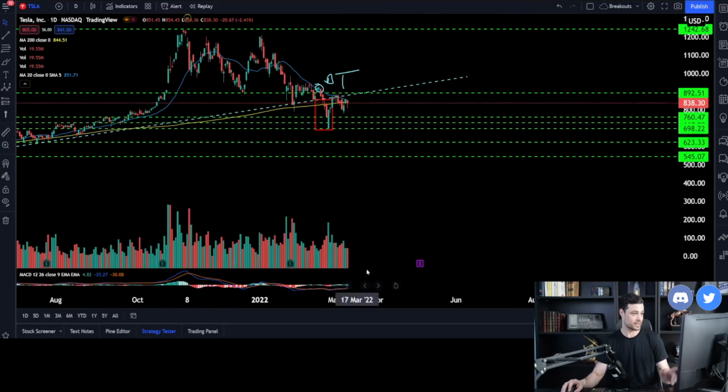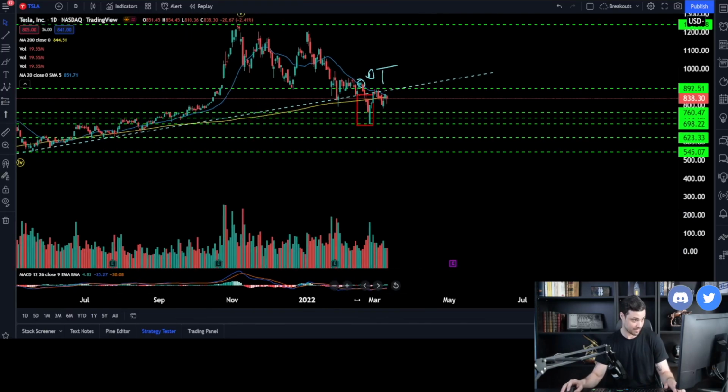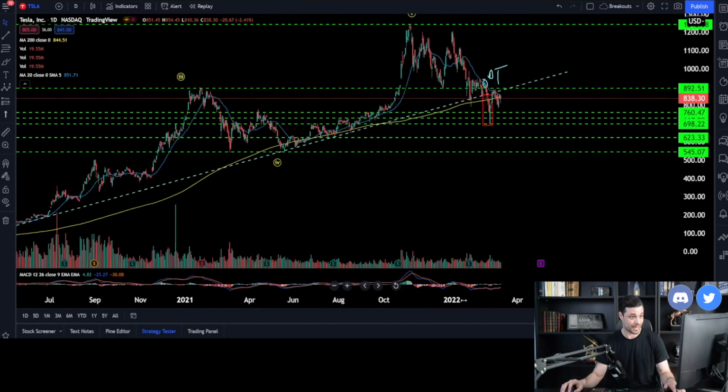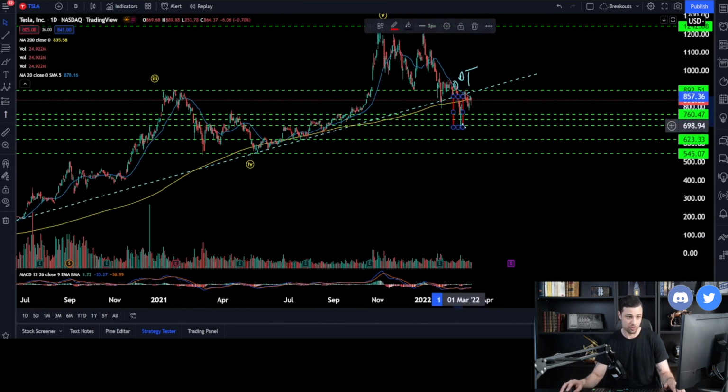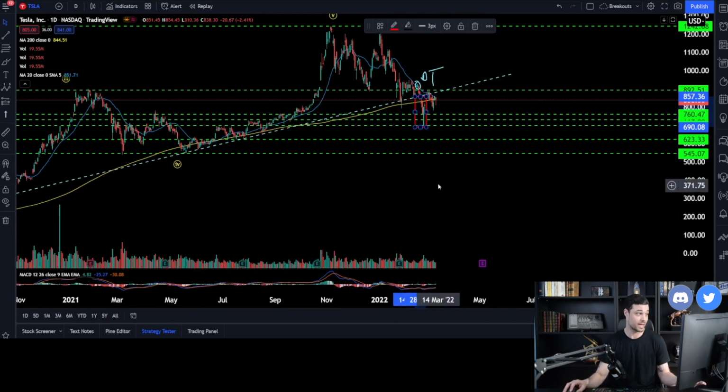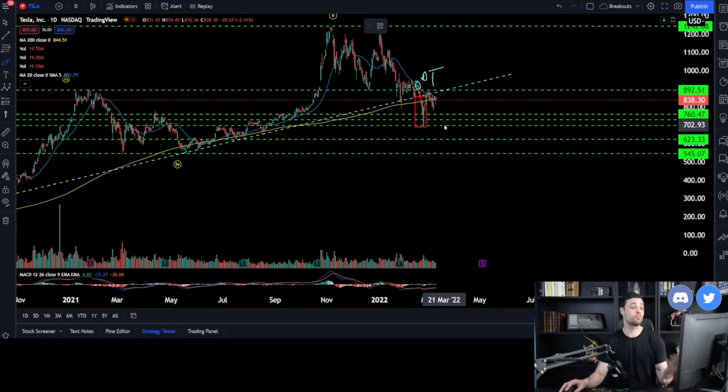All right, and here for Tesla, as I'm saying, if we buy low, guys, we just buy at the support level. So what I'm going to do personally, I don't want to buy at a support level that has already been tested once because it's weaker, guys. So I will personally, if we drop, and I'm going to show you how to know if we're going to drop or not. I mean, not for sure, but some good indicators. If we come back here, guys, I'm afraid we're just going to drop. And here I'm going to start to buy